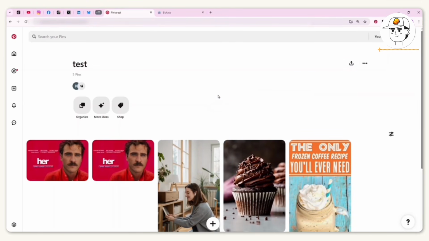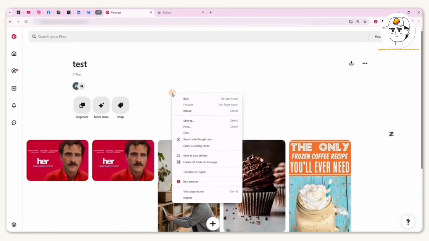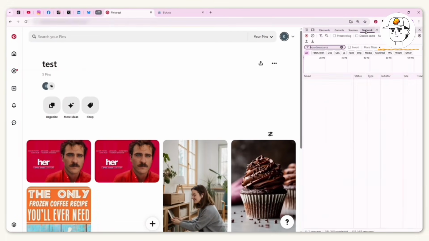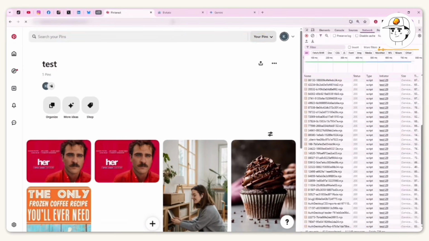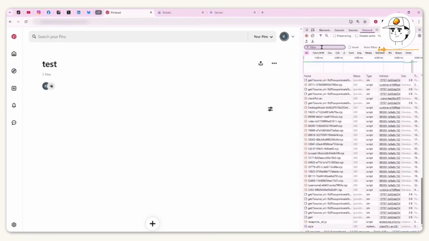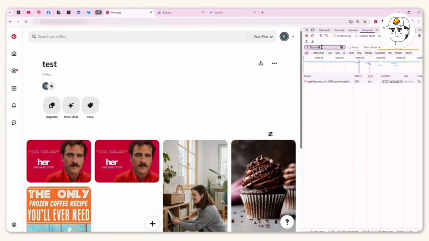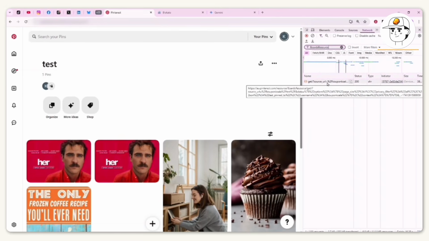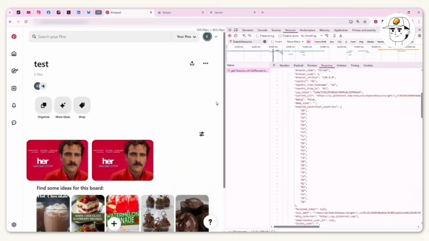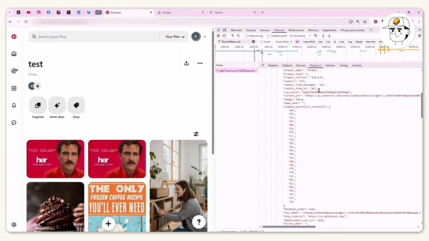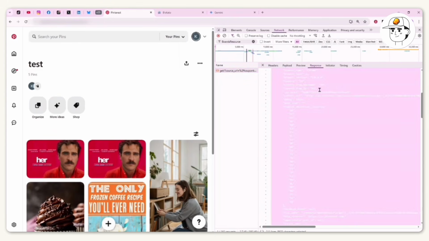But there is a workaround. If you go to your board, right click and click on Inspect, just head to Network. Then if you reload the Pinterest tab, just type in under Filter, Boards Resource. For the one that appears, just go ahead and click that. Just expand this a bit. And for that whole response, just click Control A to select the whole thing, and then Control